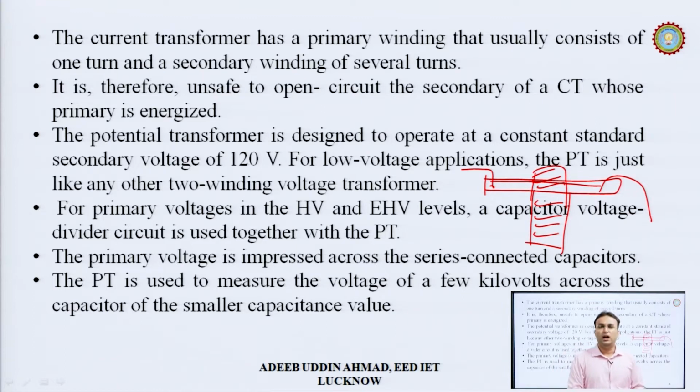Now, talking about the potential transformer. A potential transformer is designed to operate at a constant standard secondary voltage of 120 volts. For low voltage applications, the potential transformer is just like any other 2 winding transformer, but it can have some different structures, because